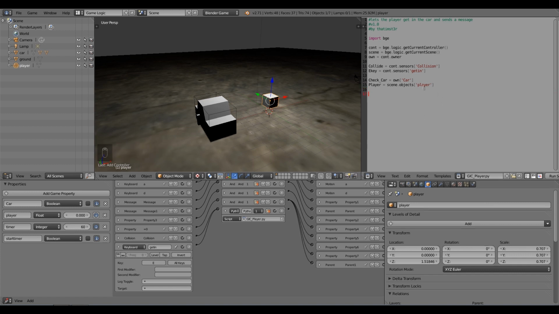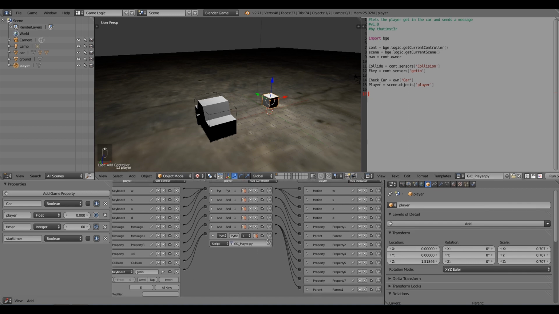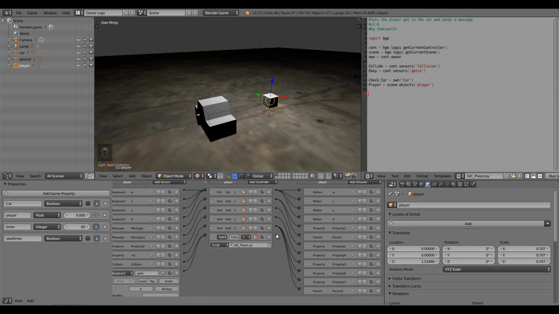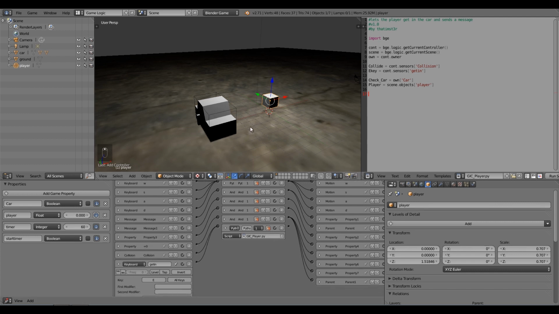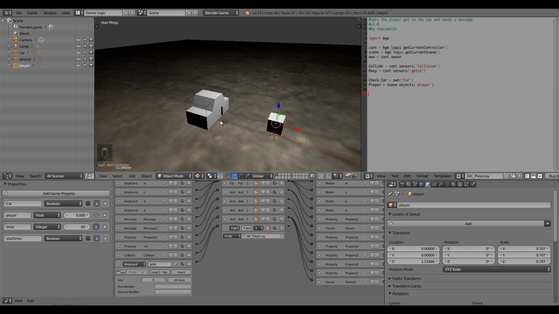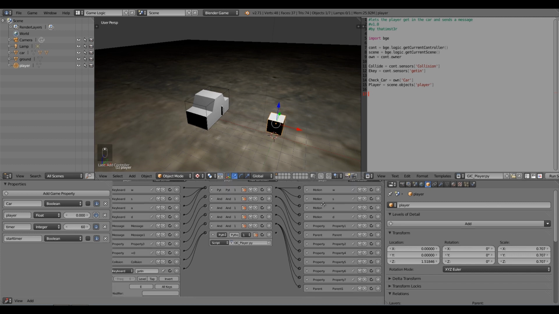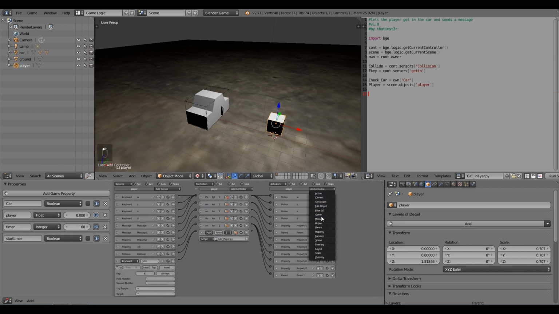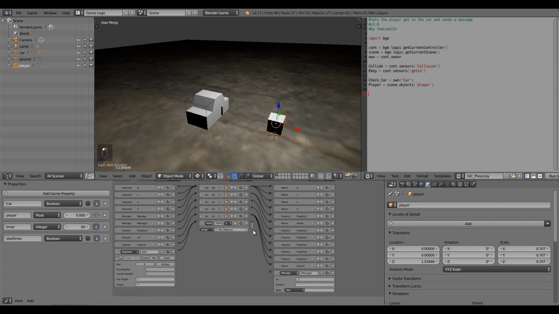Okay, and so now we can move on to our actuators, although as you can see there are none attached. However, if you think about it, if our player collides with it and he presses a button, we actually want him to send a message to whichever car he's touching that he wants to get in. So what I'm going to do on this side is add a message so that he can send it to the car, join this up to the back end of the Python script controller, join this up to this,